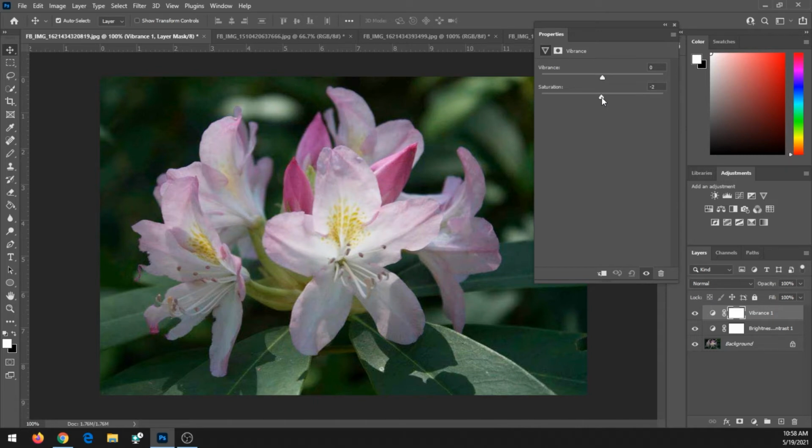Saturation is going to increase. If I decrease it all, it'll be black and white. Increase it all, it's going to be really colorful, but it's not nearly as pixelated as the vibrance one. I do think the saturation in this case works better, so I'm going to increase the saturation a bit, but